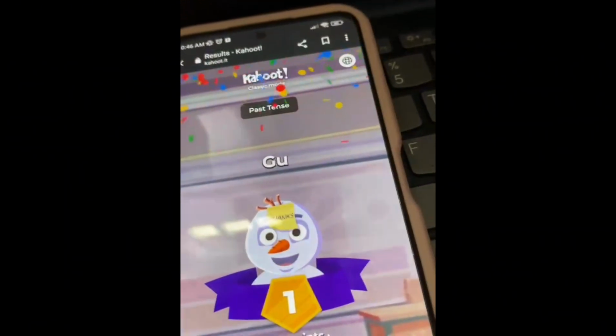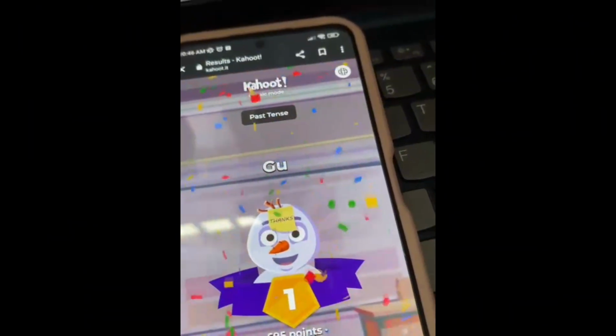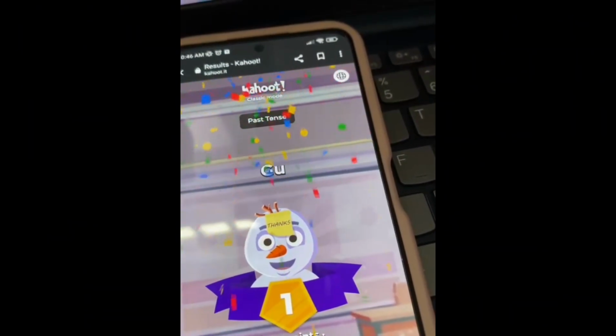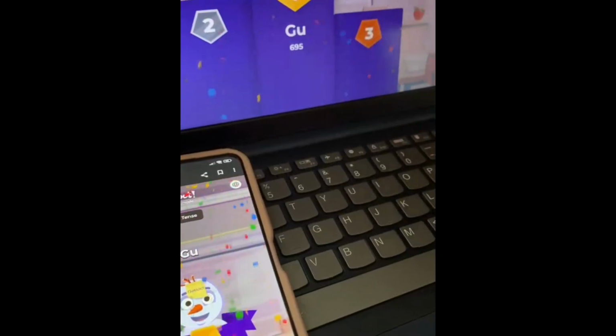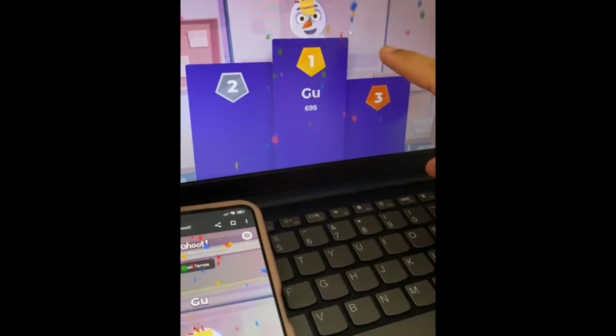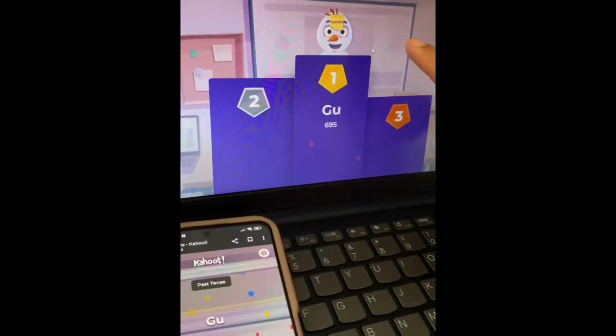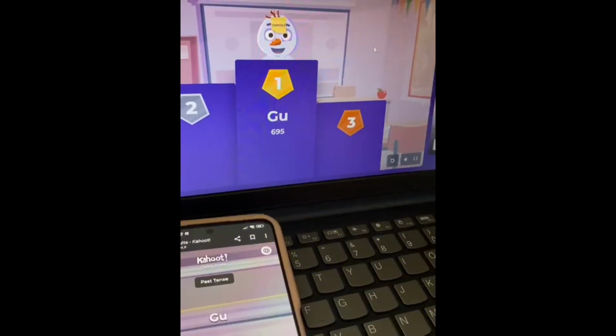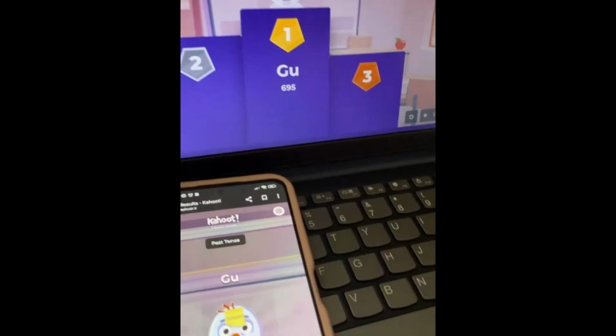See? After the question, a leaderboard appears, and this keeps students motivated and excited.